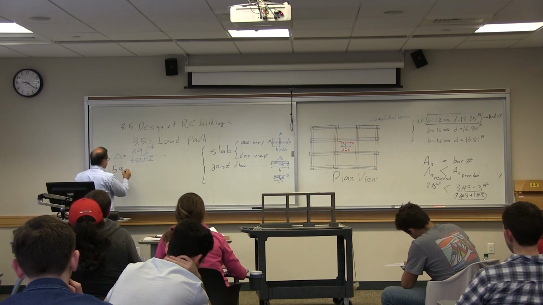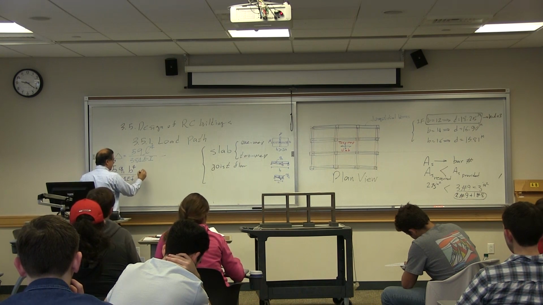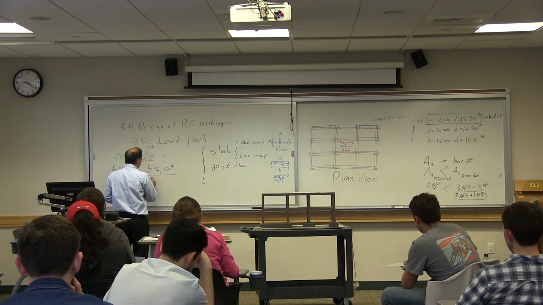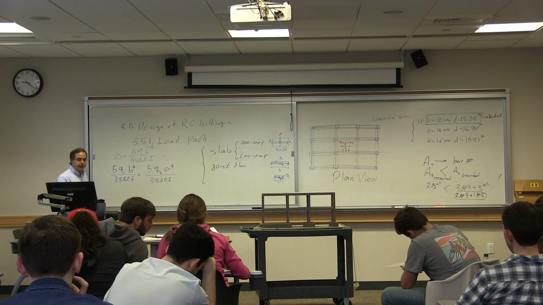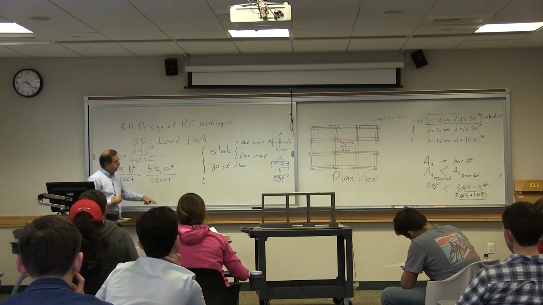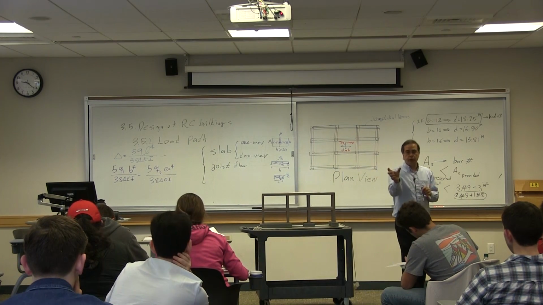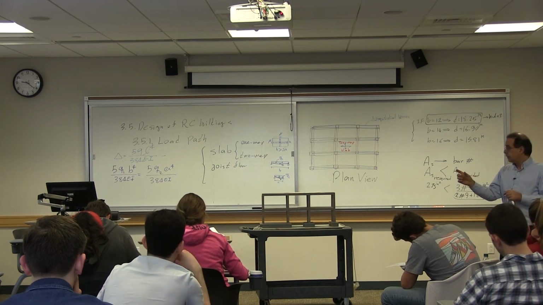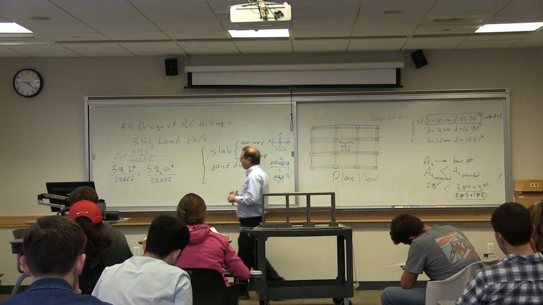5Q1 times B to the power of 4 divided by 384 EI is equal to 5Q2 A to the power of 4 divided by 384 EI. EI for both beams is the same because each beam is 1 foot wide. So because EI is the same, we conclude that